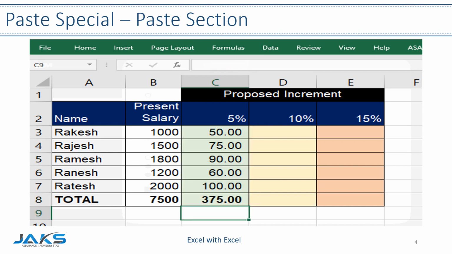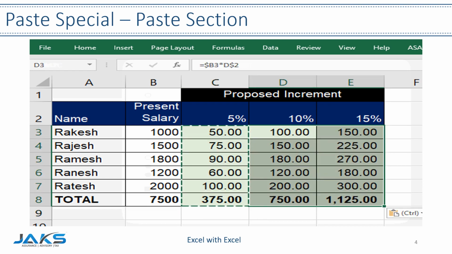Once we finish it, let's copy and paste it to other columns also, to understand the amount to be budgeted for salary increment. Yes, we got the right answer. But there is a problem. Formatting of cells are changed. Now, we have to format the cells again to bring it back to the earlier look and feel of the worksheet. Is there a way to copy the formula without affecting the format of destination cells?